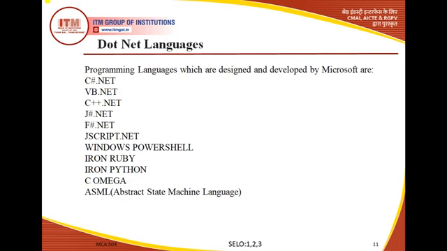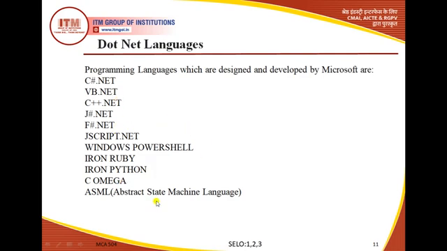So C#.NET, we already know that several object oriented concepts which are followed in C++, similar concepts are followed in C# also. And also VB.NET is there, Visual Basic.NET. The basic prerequisite for learning VB.NET is simply that we should know the basic operations of Visual Basic. C++.NET is very simple. J#.NET and F#.NET also have certain different syntax. JScript.NET is there. So there are numbers of different languages.